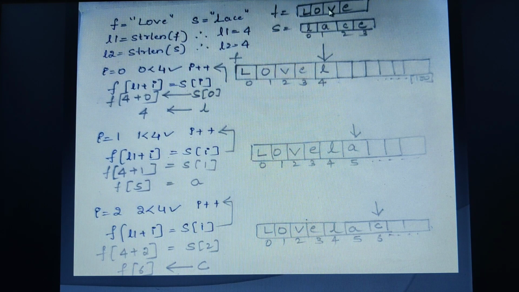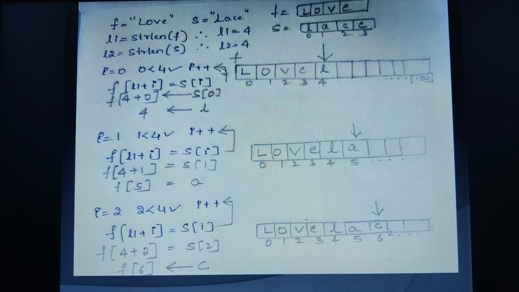Now look here, children. F of 4 in the sense what? LOVE 0, 1, 2, 3. Since the size of the given strings is both 100 bytes, we have enough empty locations in the given string. Therefore, I am moving what is there in S of 0 to F of 4. So L is getting moved in the F of 4. I need to adjoin the two different strings, I need to combine those. Therefore, what is there in S of 0 is getting moved in F of 4. So, this is how the first iteration works.